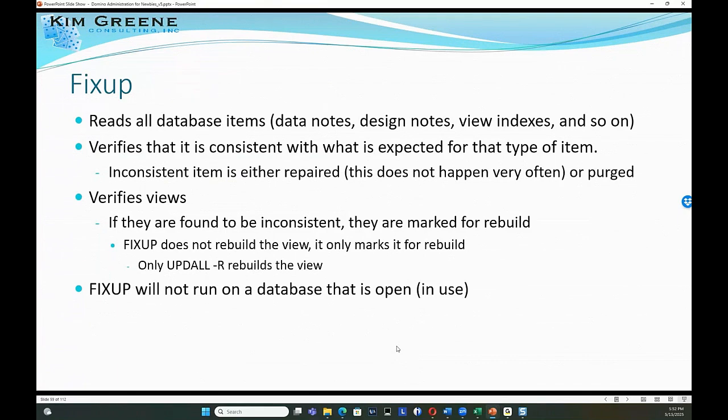FixUp will read all the database items. That includes your data notes, so those are your documents, any design notes, so the form design, a view design, also your view indexes, so everything in the database. And it verifies that whatever it's reading is in a format that it's expecting. So if it finds something that's not in the format that it wants it to be, the item is going to be either repaired, which really doesn't happen all that often, or purged from